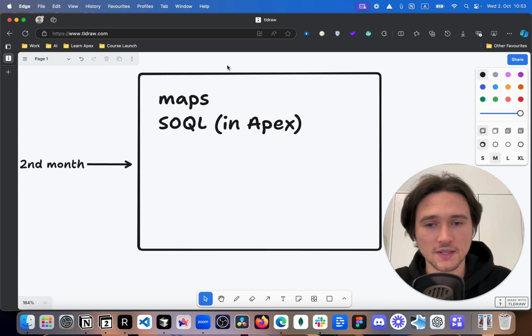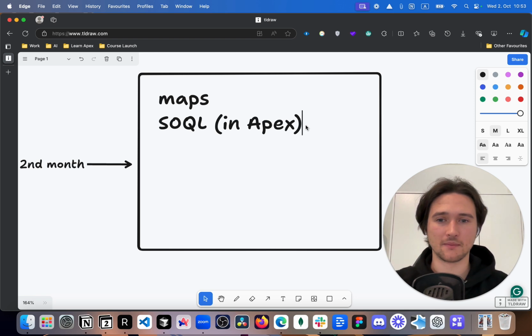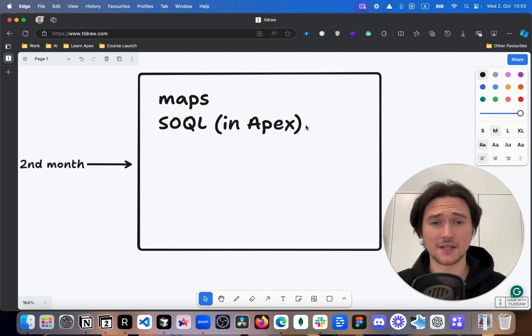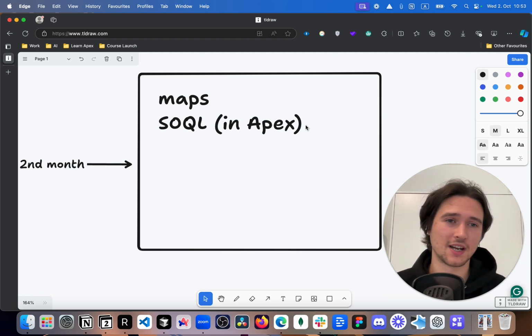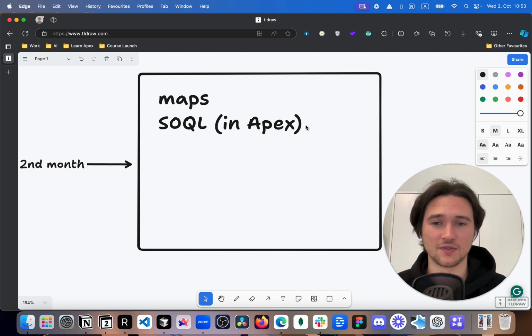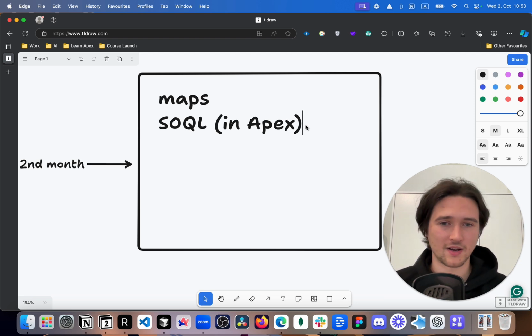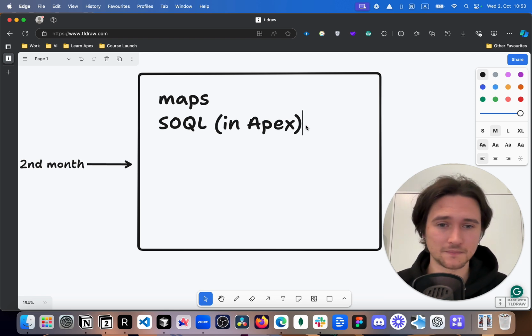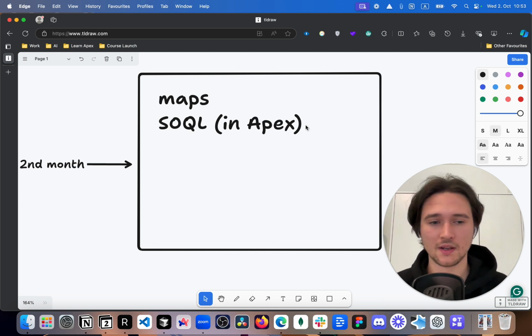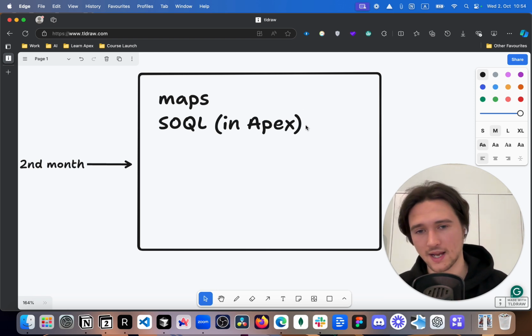Because for that you need to understand SOQL, you need to understand Apex, you need to understand how to combine them, right? Because SOQL in Apex is a little bit different from SOQL itself, because for SOQL itself, I don't know what to learn there. Usually I don't even have a separate lesson on SOQL queries, because you can literally learn it in like an hour, I guess. So it's not a big deal. And usually if you're a senior admin, you already know how to use it in most cases, right? But then you need to learn how to use it in Apex.